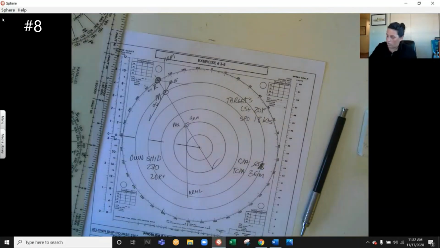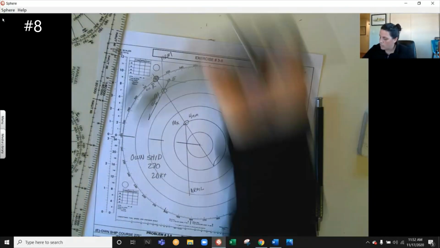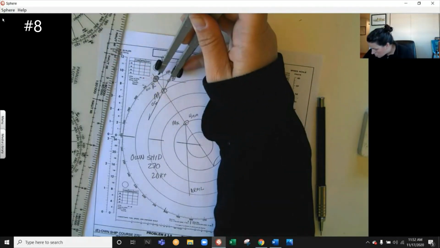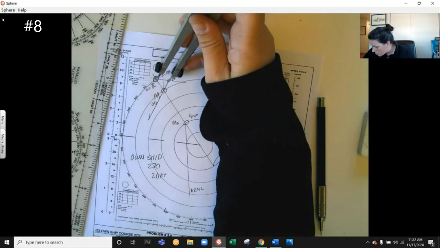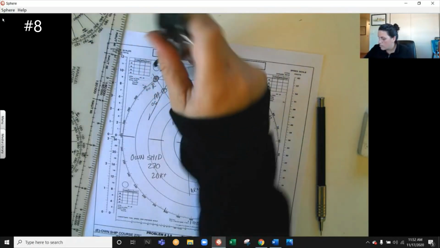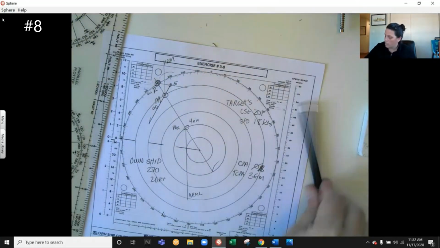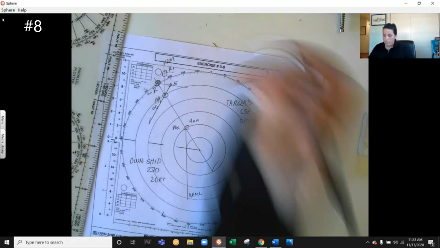We still have our 20 knots on here. So we start at our E to R, and we go clockwise, meaning turning to starboard. So here would be our R prime. E to R,